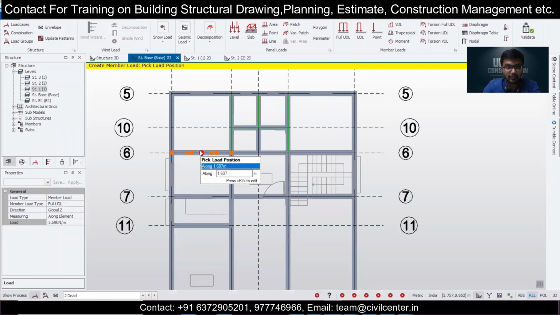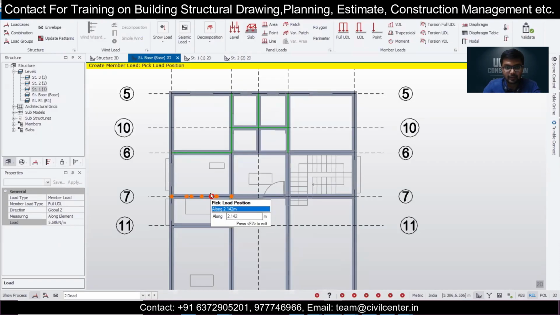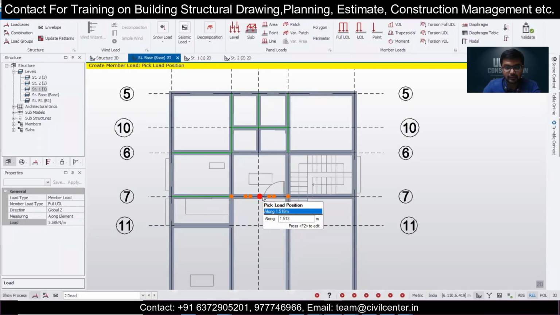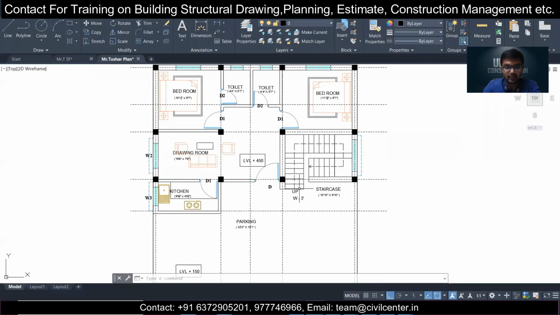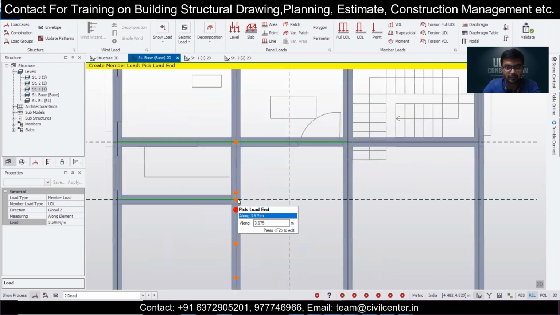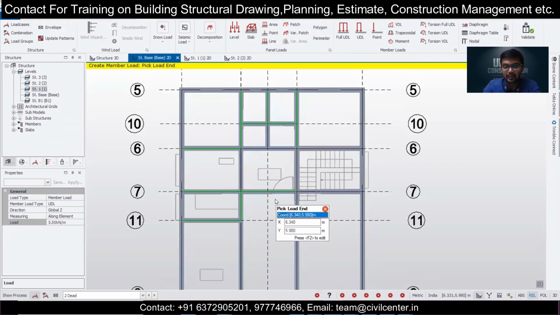In this portion we'll have the 5-inch wall load, and after that we'll check here, and in this portion as well, in this as well as in this. So we'll have the wall loads here, and after putting the wall load, let's check in the kitchen also, we'll have the wall load like this, 5.5. Since this is the external wall, but still it is a 5.5 load. We'll take UDL here, 5.5. We'll see the figure properly, and do it from here up to here. So like this we have applied the load of the 5-inch walls.